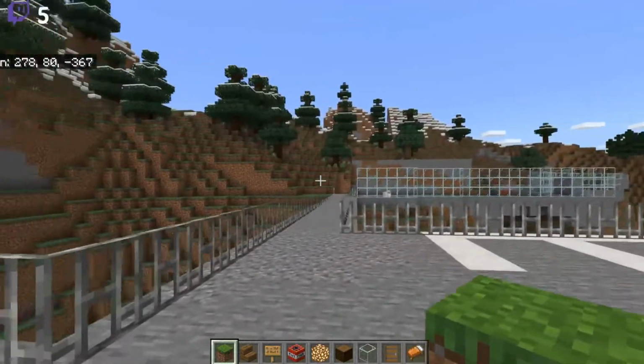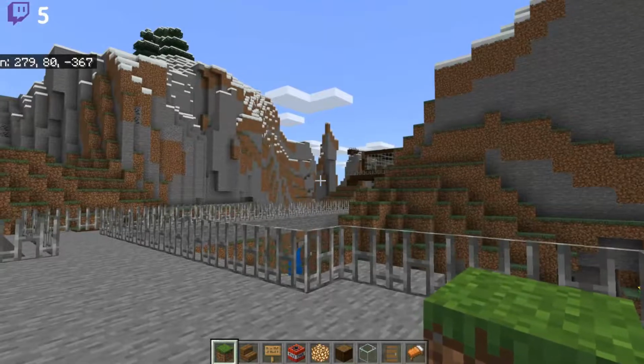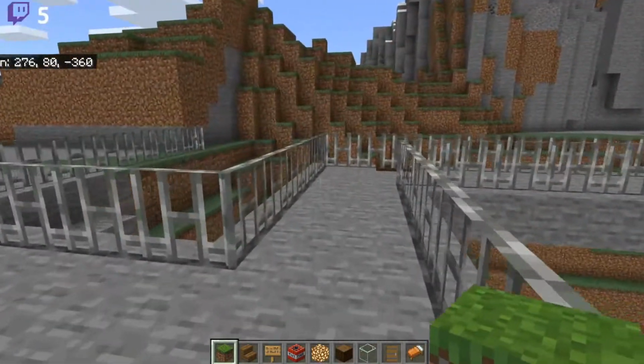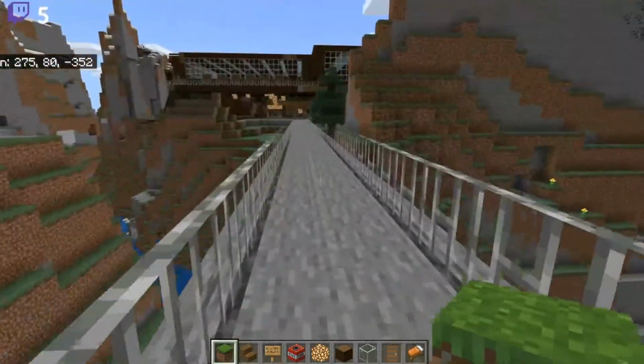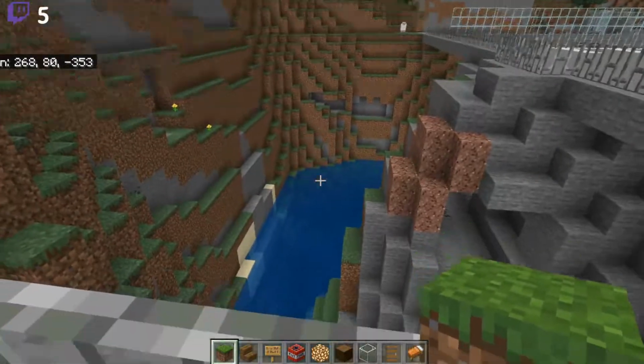Okay, so there's two different ways to go. This is the way to the sports area, and this is going to the main house. So this is where we're going to do next. So let's go here. I'm going to follow this path, and it's really great that